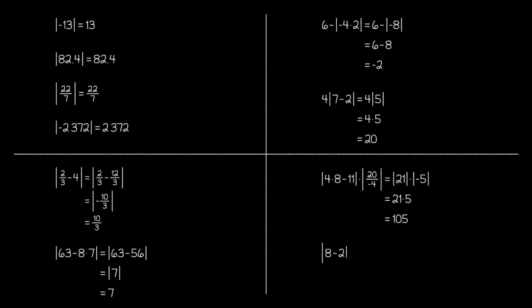And finally, we have a problem with an absolute value inside another absolute value. Just like we would do with parentheses, we start with the inner set of absolute value bars, which evaluates to 5. Then, we multiply by 2 and subtract that from 8 before taking the absolute value again and adding 5 to get our final answer.